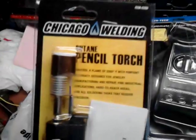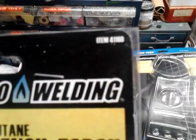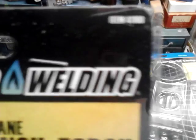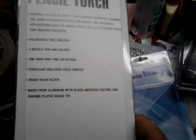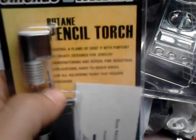And then today, what I picked up, of course, is the butane pen torch from Chicago Welding. Mine is item number 41169. Wow, my phone's having issues focusing on that. But I haven't actually opened this yet. And I don't have any butane for it because the butane is not included. But it's supposed to have adjustable flame control, 4 nozzle tips with holder, 1 hour runtime. It's got a little igniter, brass valve block, blah blah blah. So as you can see, it's got the little igniter piece here,